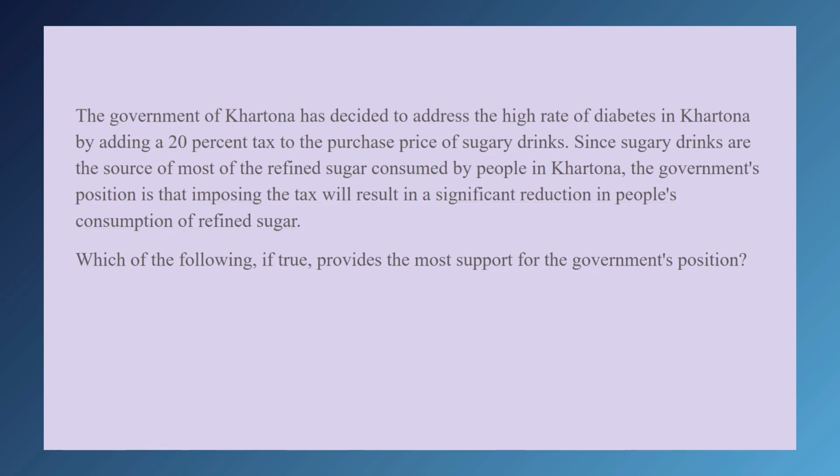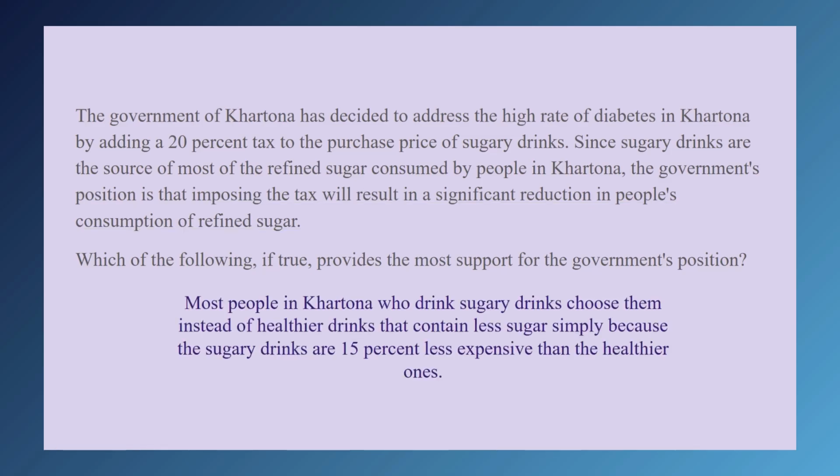For example, we could say most people in Kartona who drink sugary drinks choose them instead of healthier drinks that contain less sugar, simply because the sugary drinks are 15% less expensive than the healthier ones. This choice would show that the tax is likely to be effective. It rules out a possible flaw in the plan, which is that the 20% tax isn't enough to dissuade Kartonians